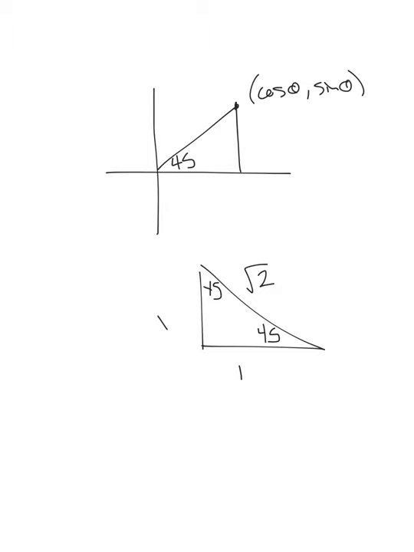I just wanted to do a quick note to let you know that you're probably getting the right answer for 45 and everything involving a related acute angle of 45. So if we're trying to fill in our unit circle, we know that the x part is going to be cos of theta, or cos of 45. And when I look at my special triangle here, I know that cos is adjacent over hypotenuse, so a 1